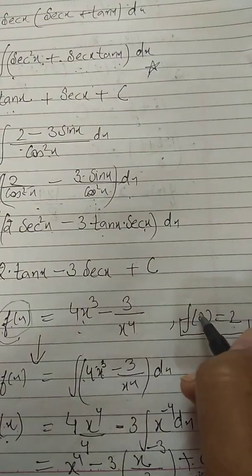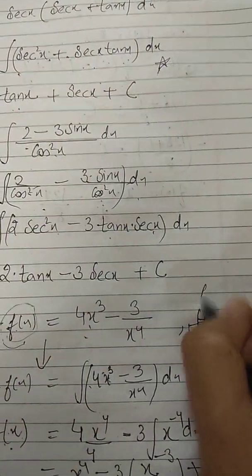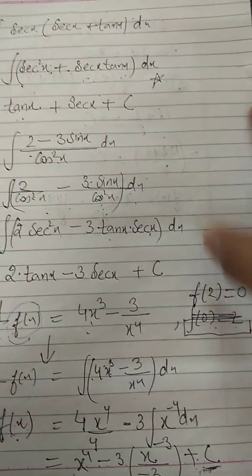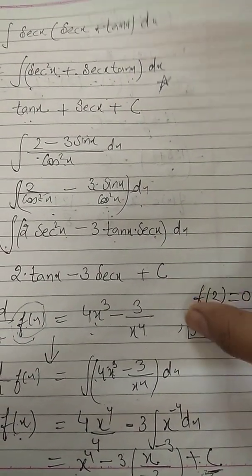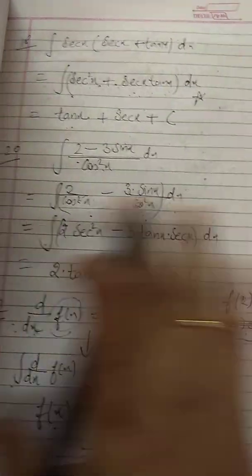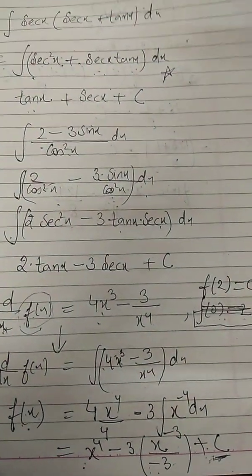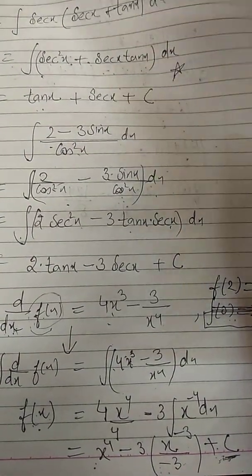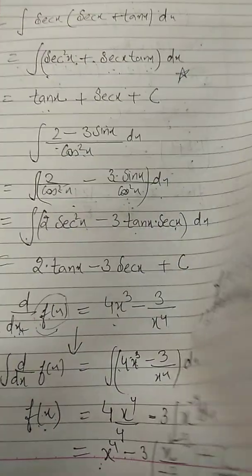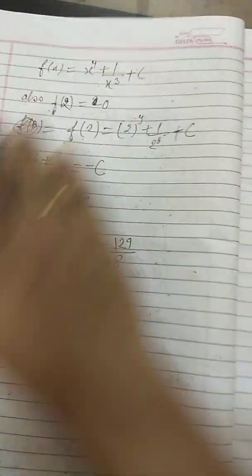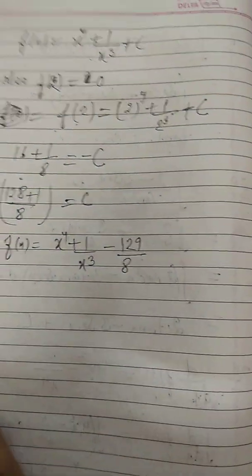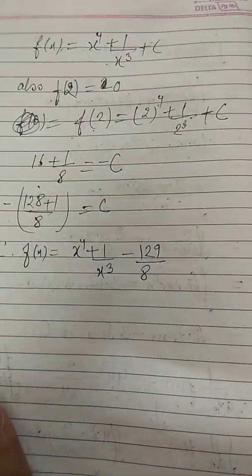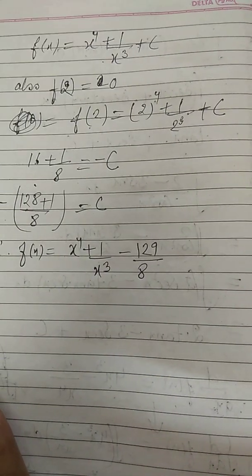See here, I have written f of 0, but it is given f of 2 is 0. Okay, so we will use this condition that f of 2 is equal to 0. Our function is there, here we will substitute 2 in place of x, and when I equate it to 0, we get the value of the constant, right? So here the exercise is over. I hope the beginning of this integration is clear to all, and you people can complete your exercise now.